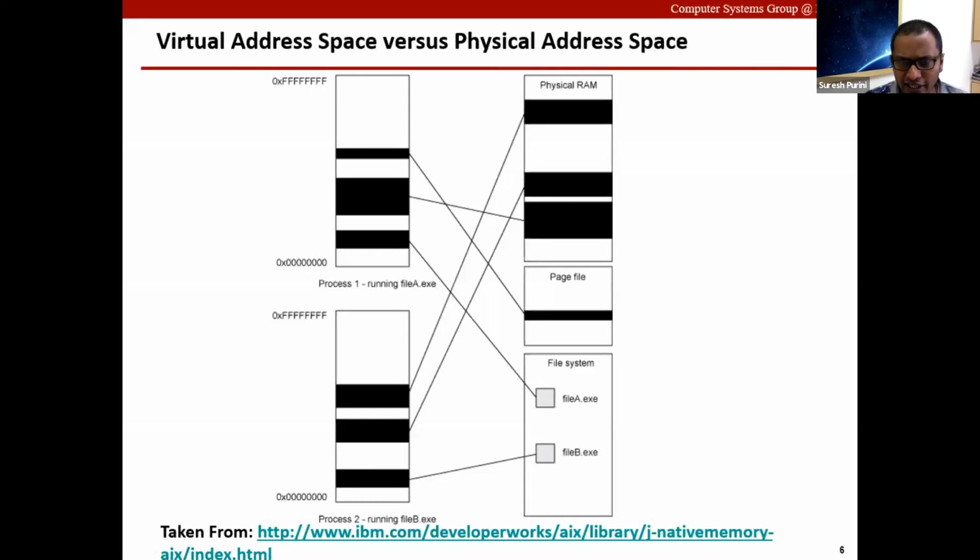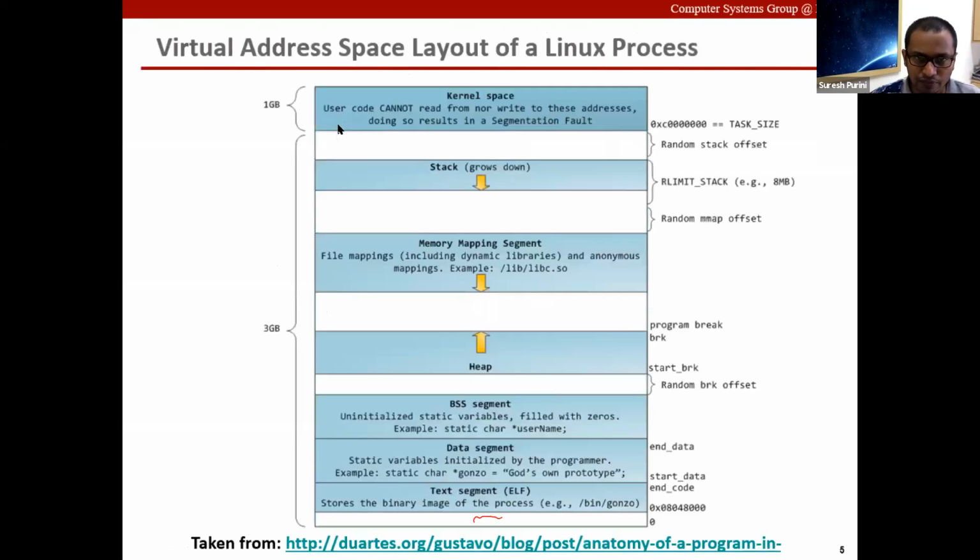The second thing here is we were talking about space for shared library. For example here, the memory mapping segment.